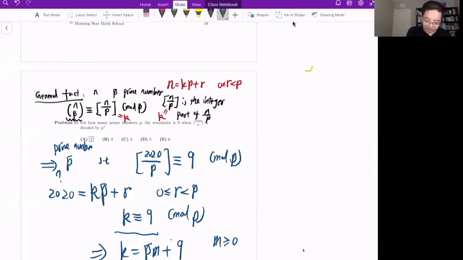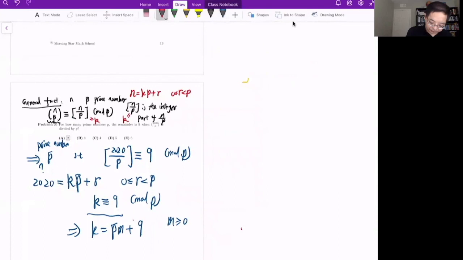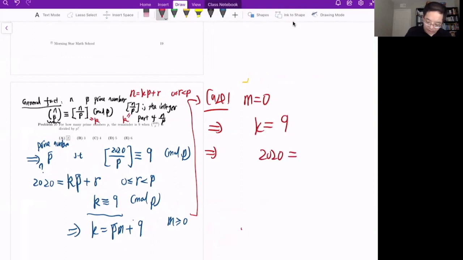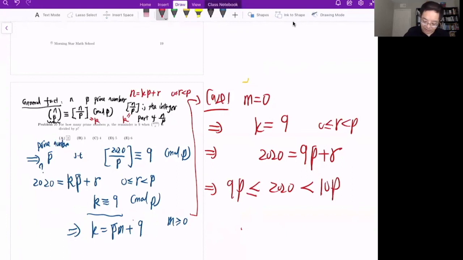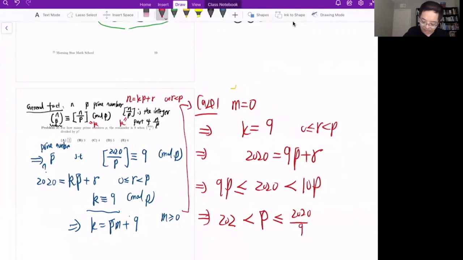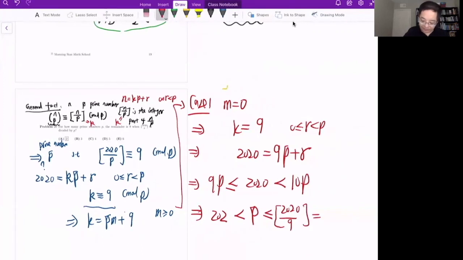Case 1: n is just 0. For this case, k is simply 9. So we have 2020 equals 9p plus r, right? Since r is between 0 and p, this just means 2020 is greater than or equal to 9p, but less than 10 times p. We do a simple division, and we get that p is bigger than 202 and less than or equal to 2020 divided by 9,